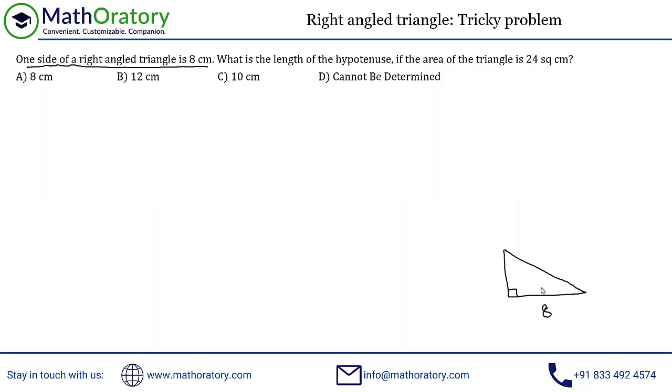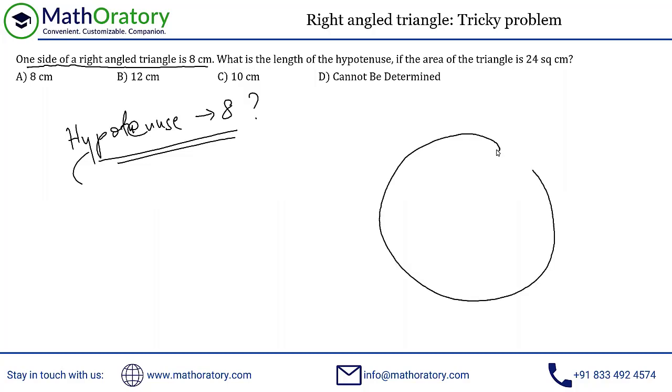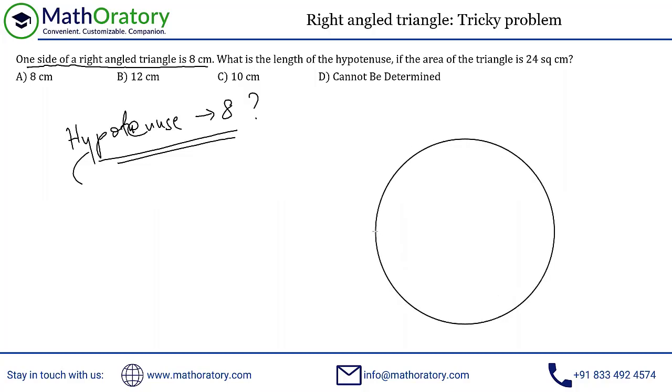But there is this other possibility in which the hypotenuse could actually be 8. We don't know, right? Unless you have actually analyzed it. So let's first try to figure out whether the hypotenuse can be 8 or not, whether this is possible or not. In order to understand this, let us first consider a circle. And let me take one of the diameters of this circle. Now, I hope everybody is aware of this concept.